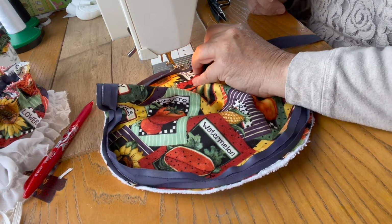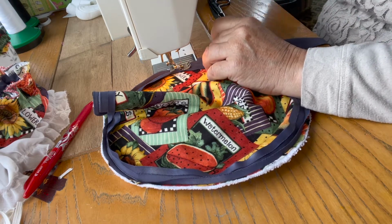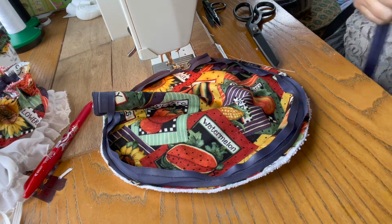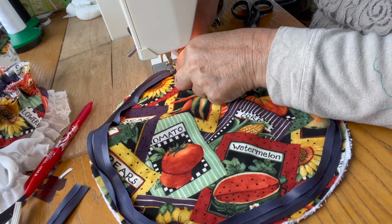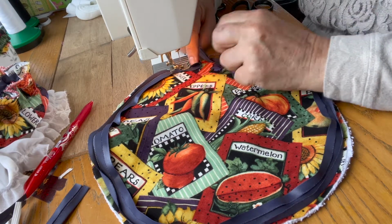Continue around until you're almost back to the beginning, and then I want you to cut off your bias tape so it overlaps by about 2 centimeters with your beginning bias tape. Now I want you to open it up as if you're carrying on, fold it back on itself, and then